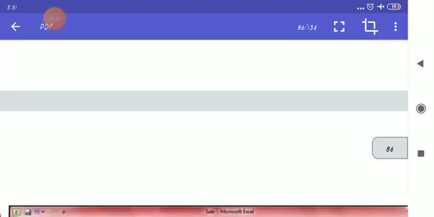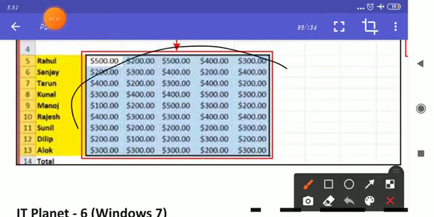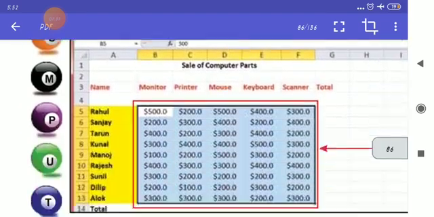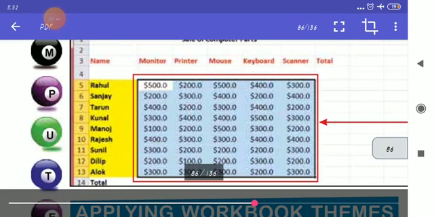Here you can see two decimal points. But here, after clicking on decrease decimal, see a single zero, means the decimal point is decreased by one digit. Now the decimal is with one digit.